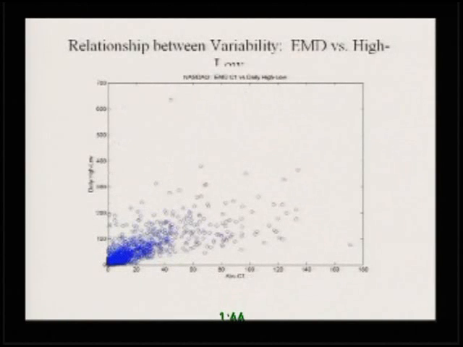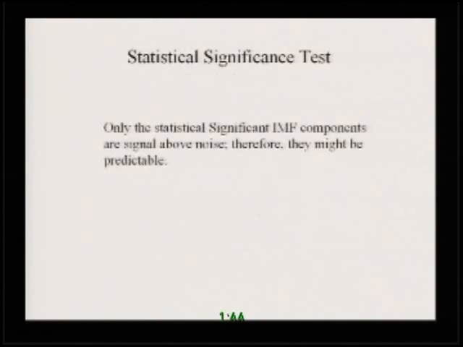But if you plot EMD and high-low, you start to see a general pattern. This is interesting because EMD is derived from high and low, and high and low is also derived from high and low. So EMD and high-low have a certain correlation, much better than the shotgun pattern. But all of this, however,